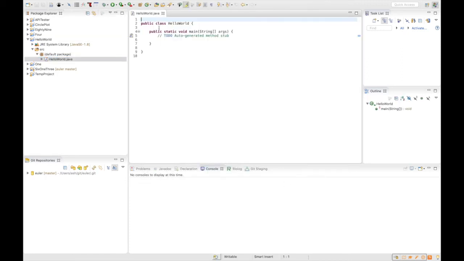Very quickly, it creates a class called Hello World. It creates the main method, and it's got our little to-do comment here. Notice the 2 slashes for comments. Auto-generated method stub. So this is the basics. So the first thing we're going to do, and basically the only thing we're going to do for this one, is type in here